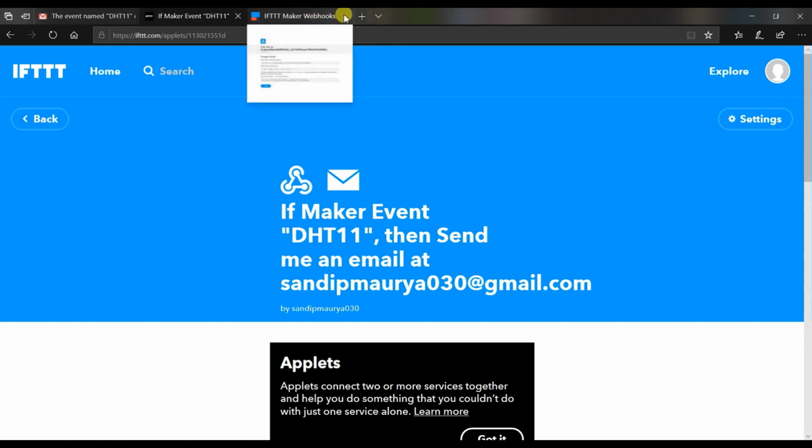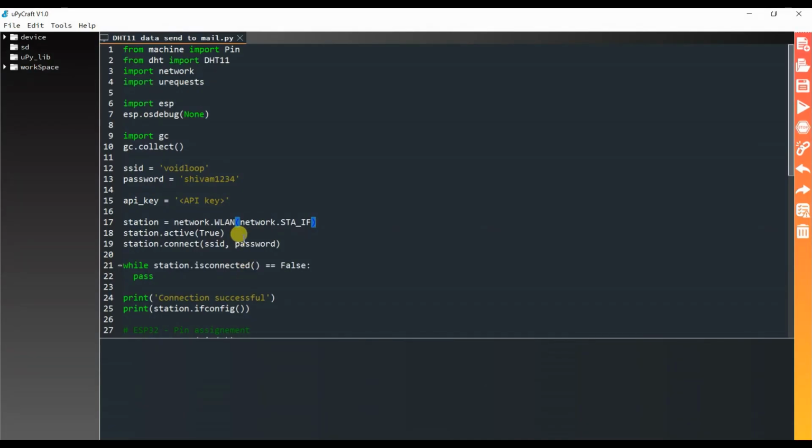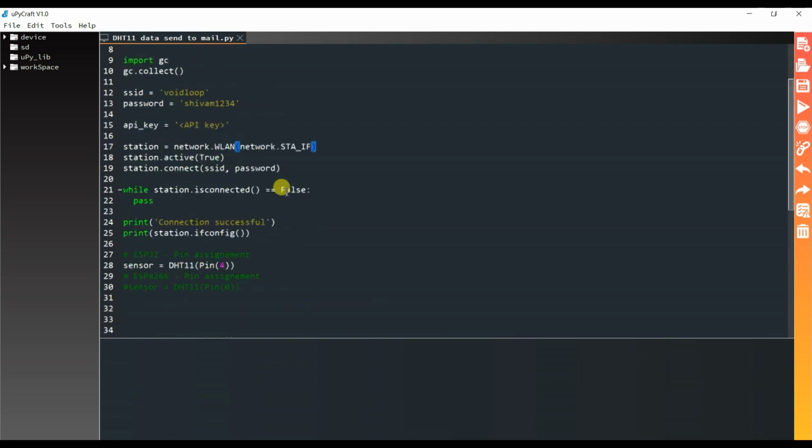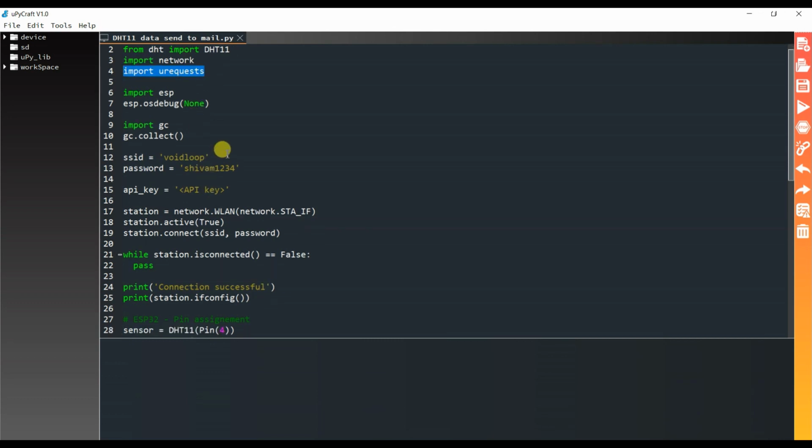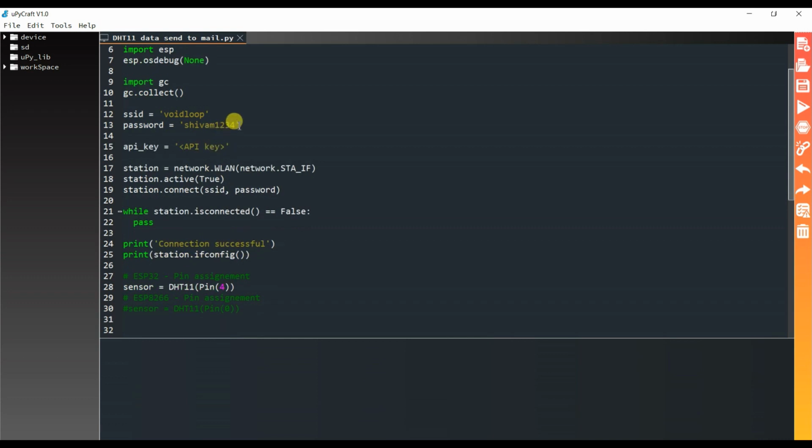Now I will close this and we will go to the MuPyCraft IDE. I have already created the code here: the Pin library, DHT11 library, network library, and request library. I think you are familiar with this. This is my SSID and password.